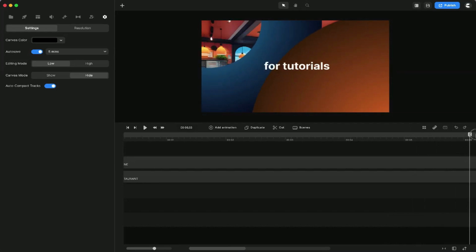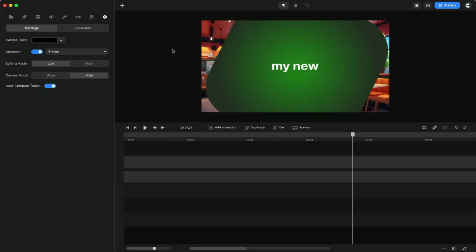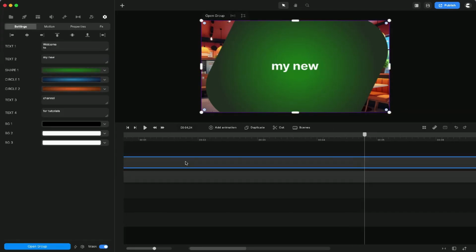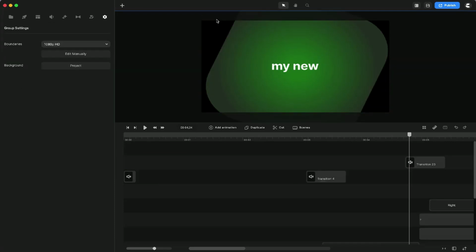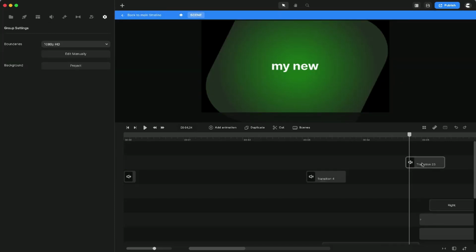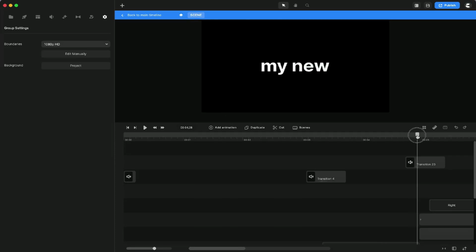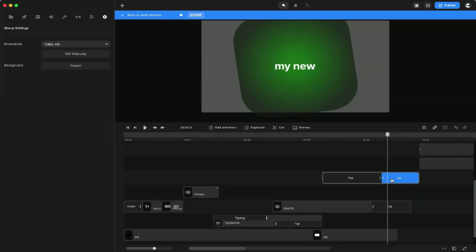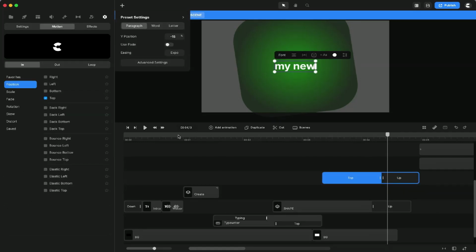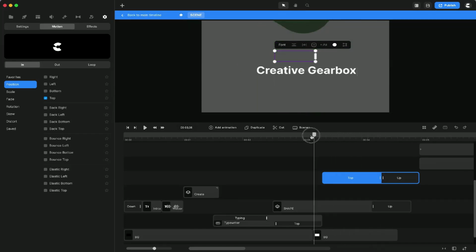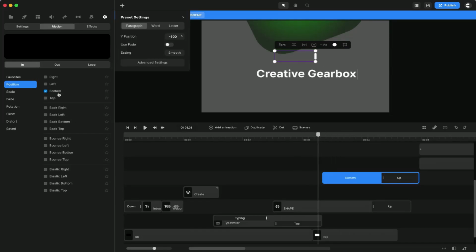We can get into a more complex version of this by showing you how to open this group, and we can edit the transitions on these as well. So for the shape right here, there's a top and an up. If you were to click on this right here, you can go into motion and then you can change how these objects enter the scene. You can do the same thing for the words. But basically by changing it from top and choosing bottom, then